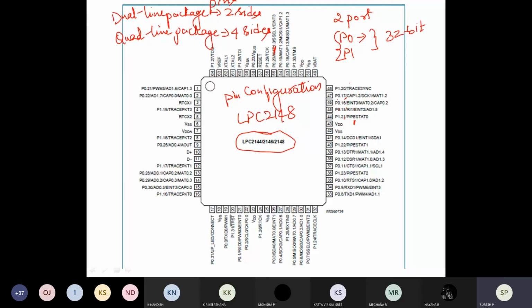Okay, so you can see it here. If you have P0.0, P0.1, P0.10, it is going to be used for serial data transmission for some operation. Now you have to keep in mind that a particular port is used for a particular purpose only. It cannot be used for some other purpose.